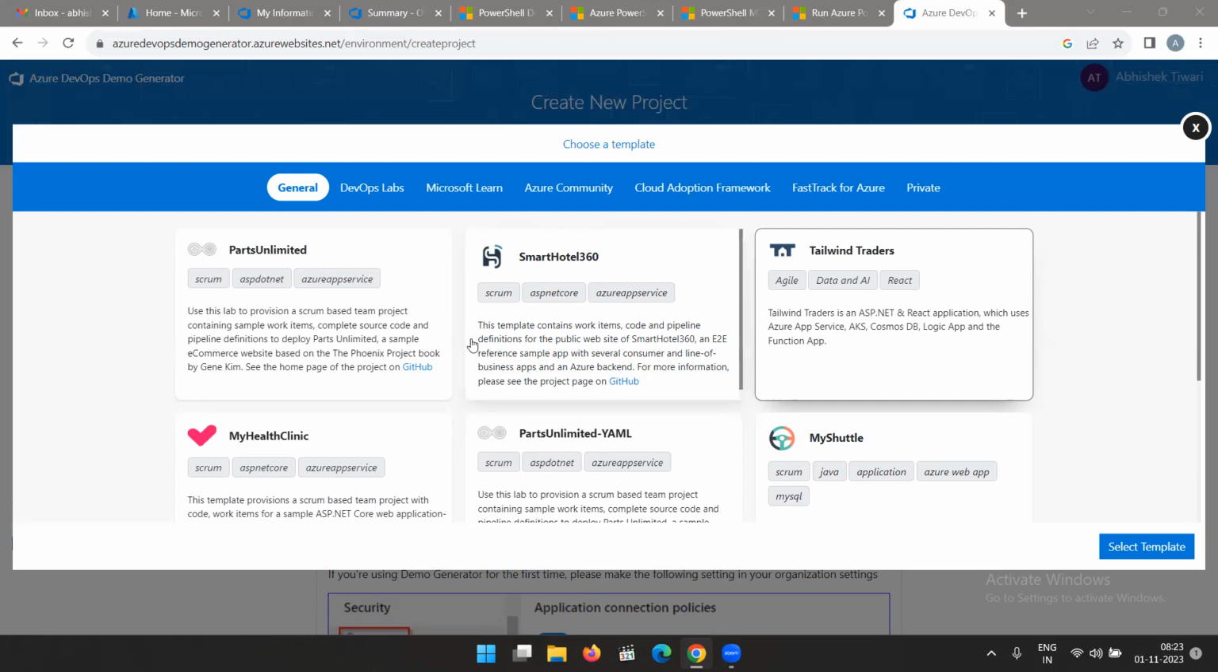Okay, so what are these CMMI? Yesterday we discussed, right? What are these? CMMI, Scrum, Agile, practices, right? Practices. These are the practices. So